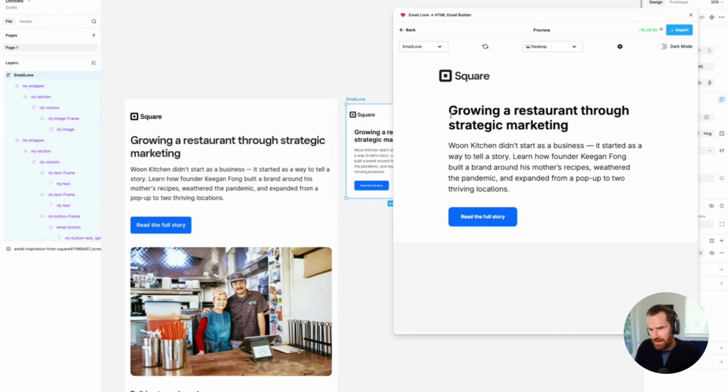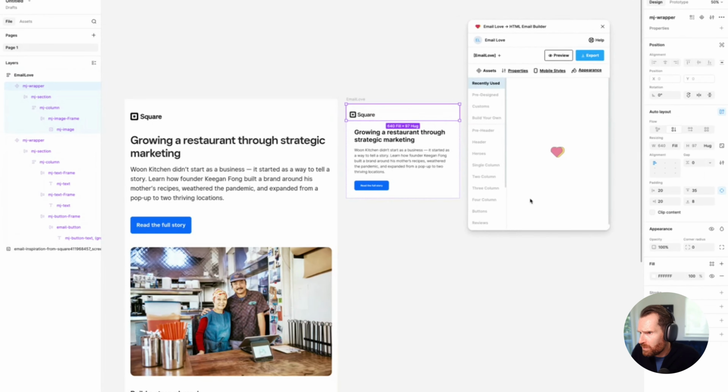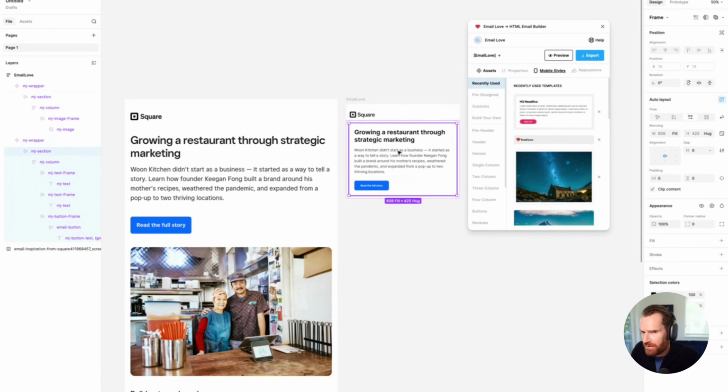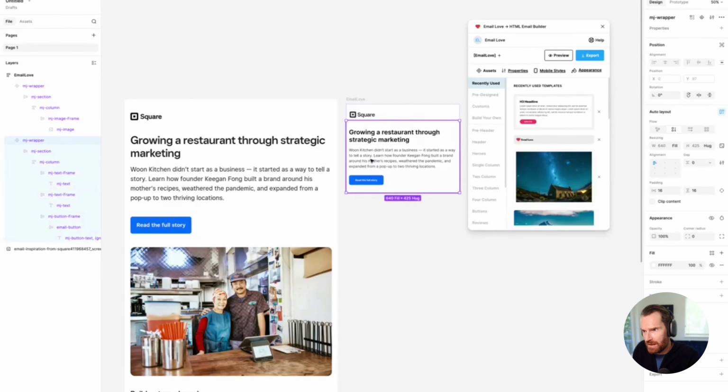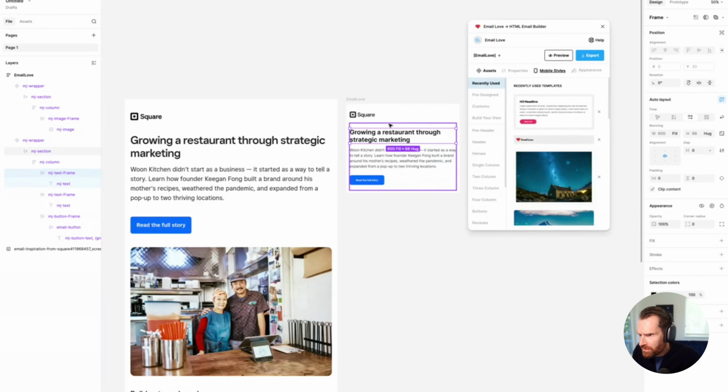I think what I don't like is the padding on the left-hand side here isn't lined up with the padding of the logo. So let me just remind myself, what padding did we have? We got 20 pixels for the logo, and I think there is some additional padding on the column. So I selected the column, there's 30 pixels of padding. If I remove that and then increase the padding on the wrapper to 20, there we go, we should be in line with the square logo,